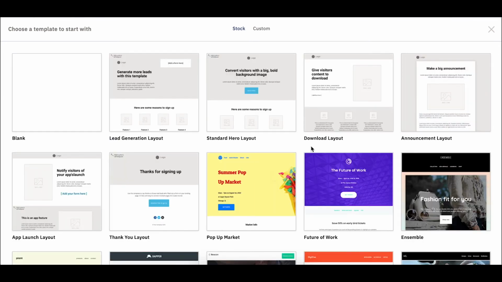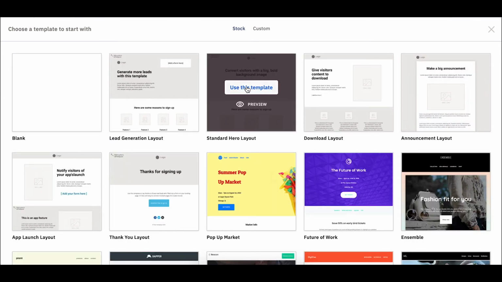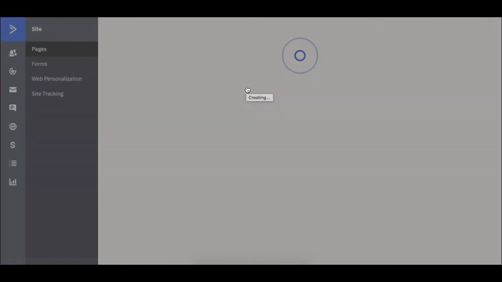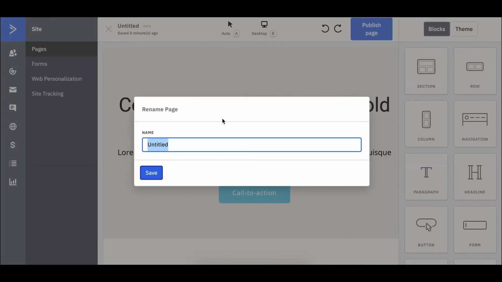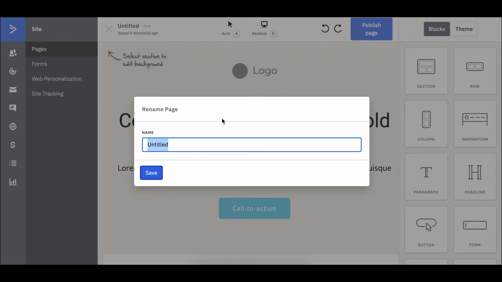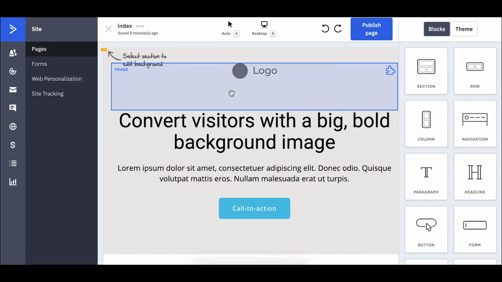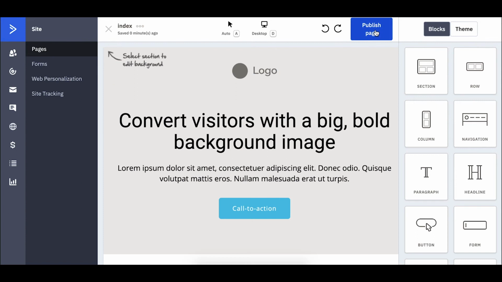I can pick any template. I'm going to pick the standard hero layout. And then what I'm going to do is name this page index, just like that, lowercase, no spaces, just index, and hit save. So now when I publish this page,